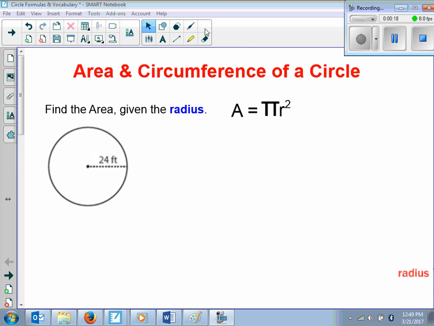Please make sure you write it down. That says area is equal to pi r squared. Okay, that's not T, that's pi. So sometimes you'll see it look like this,